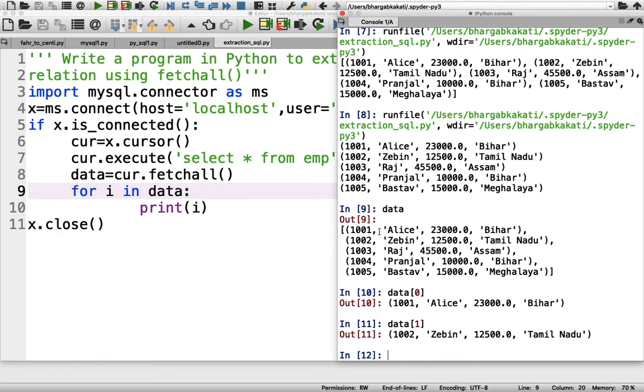Therefore, the first row has been displayed at the very beginning. Now, you know one behavior of the print function. The default behavior of the print function is that after displaying anything within the print function, it automatically redirects the output to the next line. So, after displaying the first index, it will automatically redirect the cursor to the next line.